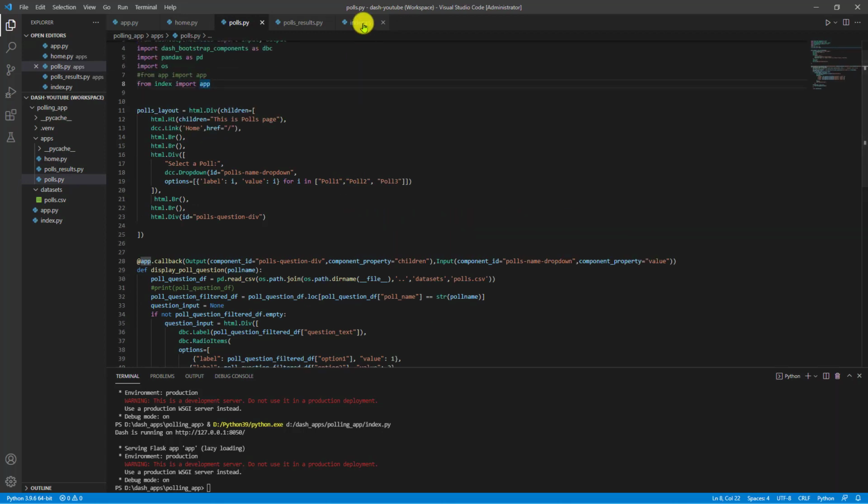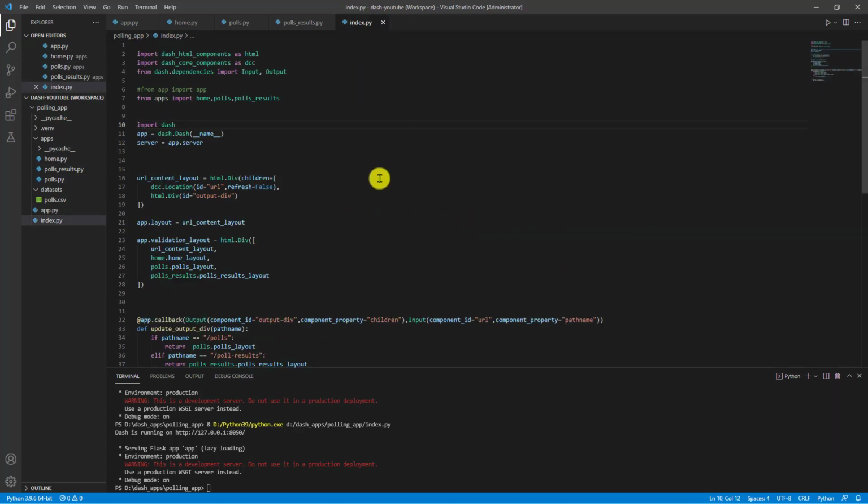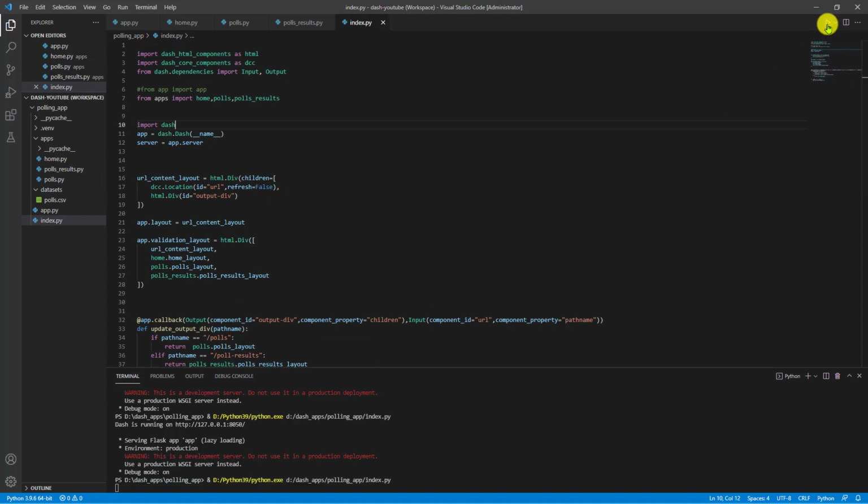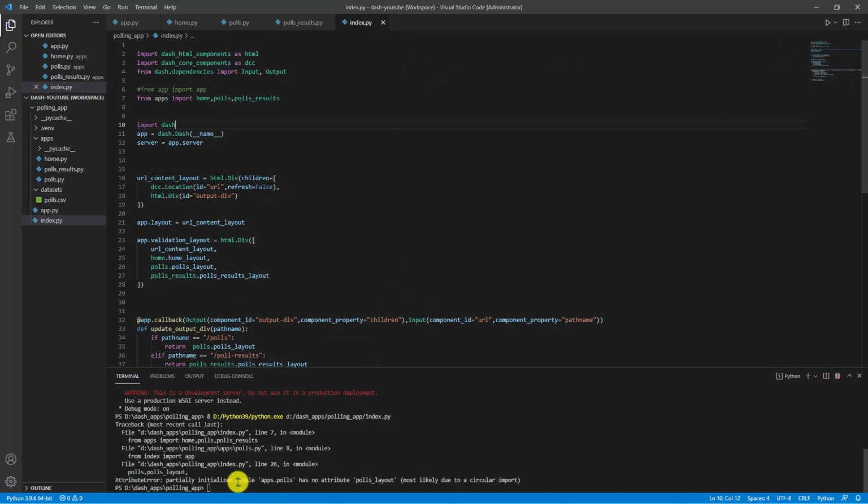Now let us try to run it and see what is happening over here. If I just run it, you see it throws an attribute error. It is telling me partially initialized module app.polls has no attribute polls layout, most likely due to a circular import.